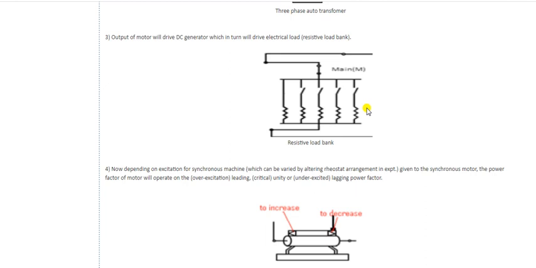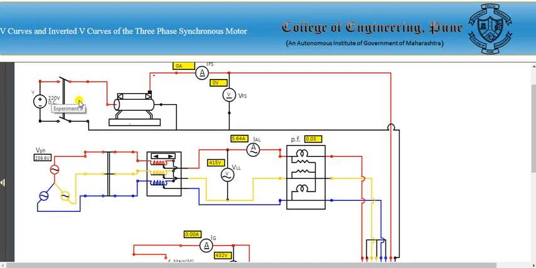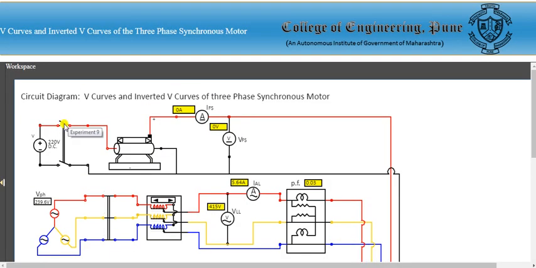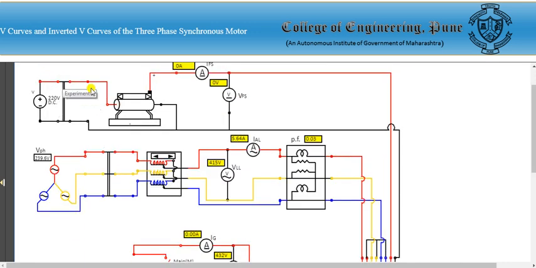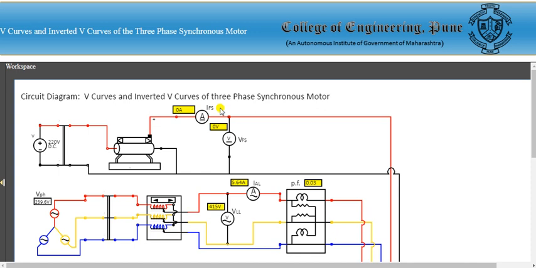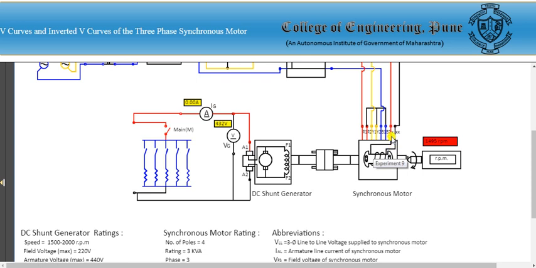So currently we have disconnected the load, and we will connect the field supply now. Click here, then DC field supply. The rotor field supply will get connected, and now we have to increase the value of the rotor field supply, or rotor field excitation. It is also called field excitation.